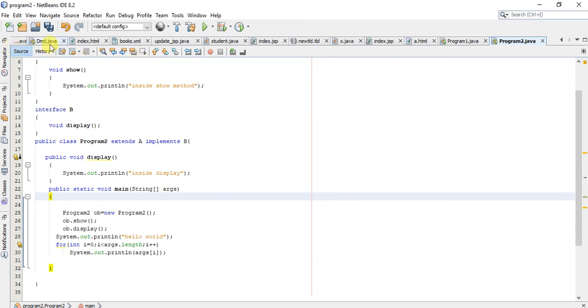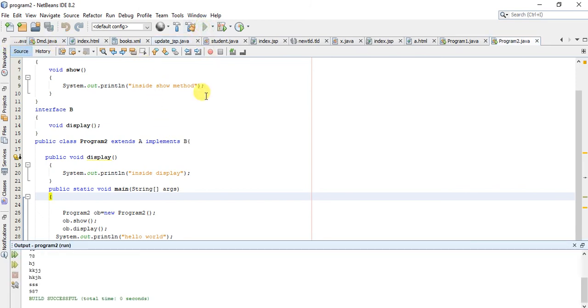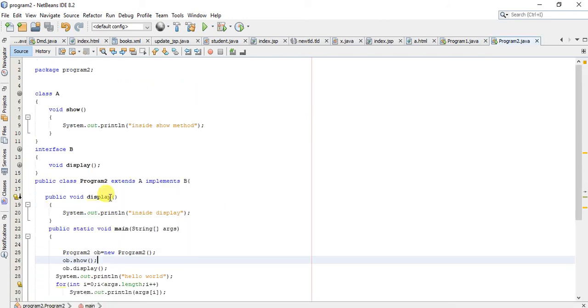Now let us run. Inside show method of class A, inside display of interface, this is the interface method, and this hello world we have printed in Program2 main class itself, and these are the command line arguments.